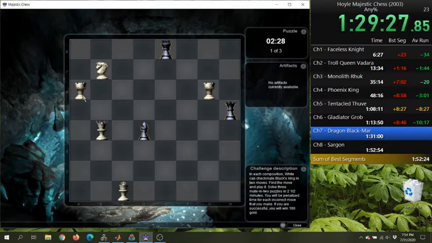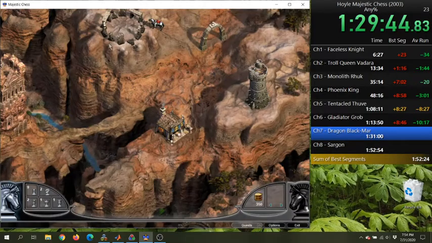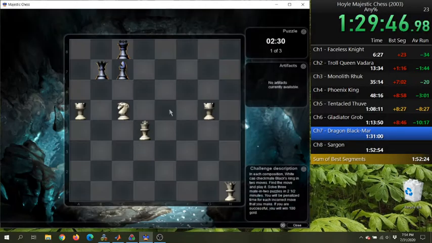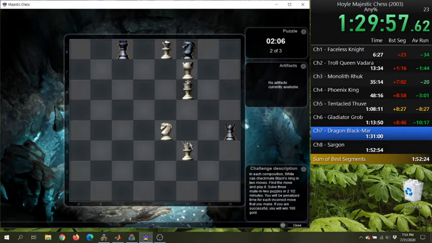These are Layton 2s. I'm not particularly adept at. Sometimes I'll just kind of quit out. Kind of surprised that wasn't it. Okay.